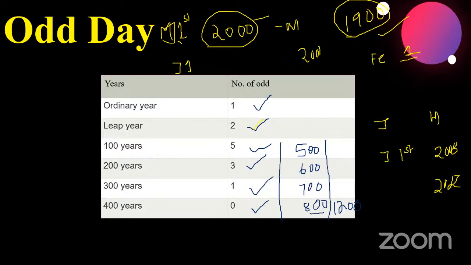But from the exam point of view, first we look at this and then see the problems. Ma'am, for leap year we have to divide it by 4. For century years we have to divide it by 400. Yes, that's right. For finding leap year